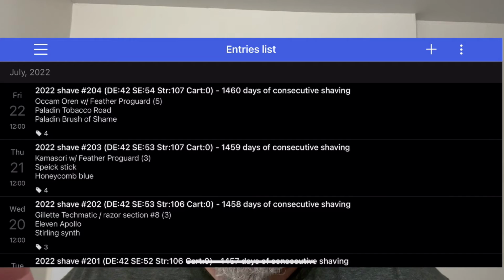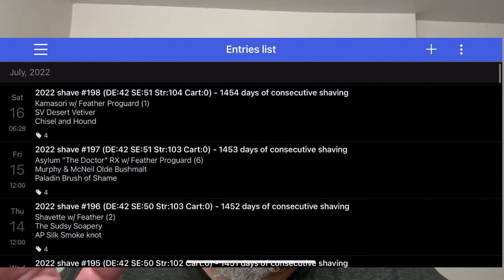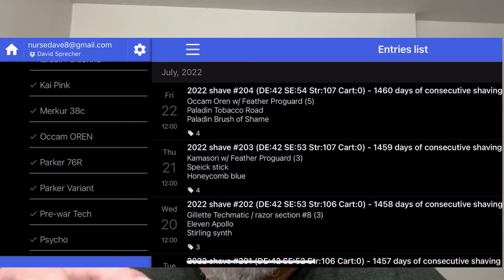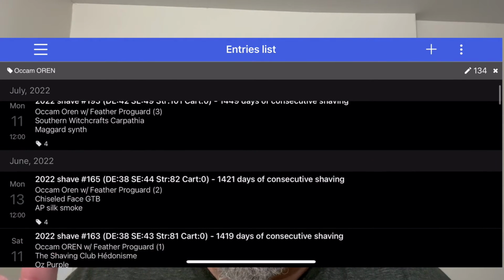I did a screen capture of the app that I use. And I think here, first I show just kind of all of the shaves. They're listed day by day. But then you can slide over and pick any of the tags that you can add to the shave. So if I pick Occam Oren, then